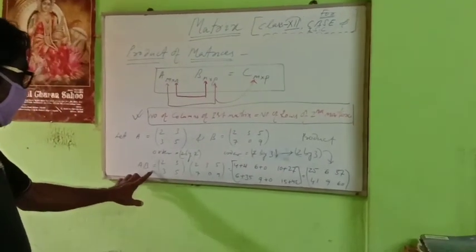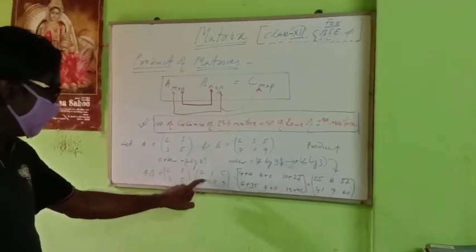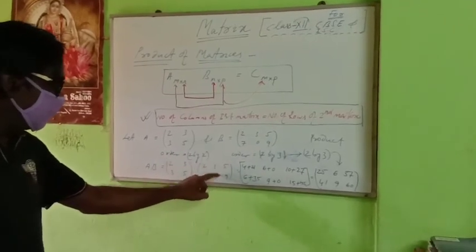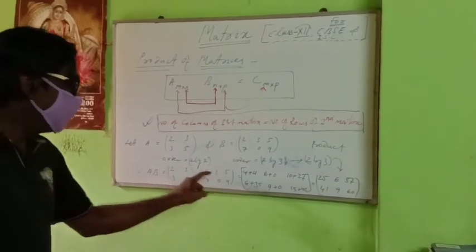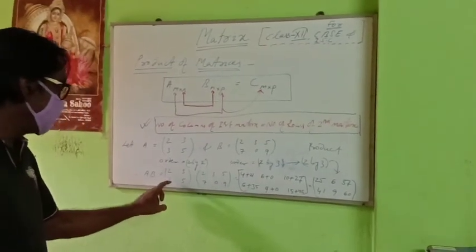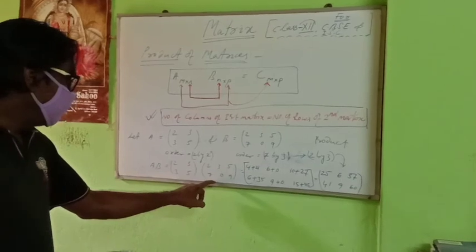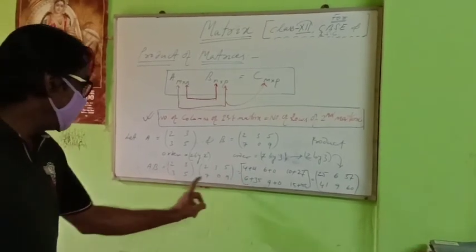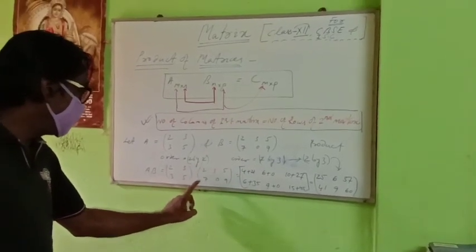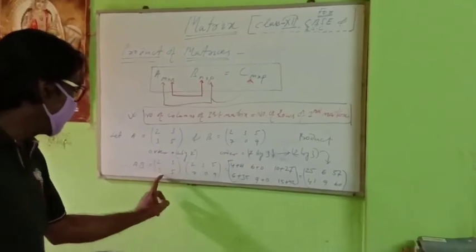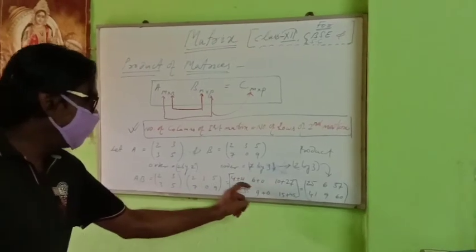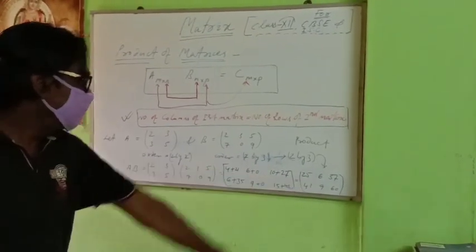As for the multiplication of the matrices: first row with first column, again first row with second column, first row with third column. Same process. This first row is completed. Next, second row with first column. Individually you have to multiply and you have to add. 3 twos are 6, 5 sevens are 35, 41. Written here. Again second row with second column, written here. Second row with third column, written here. After that, plus, I have done this. This is the result of AB.